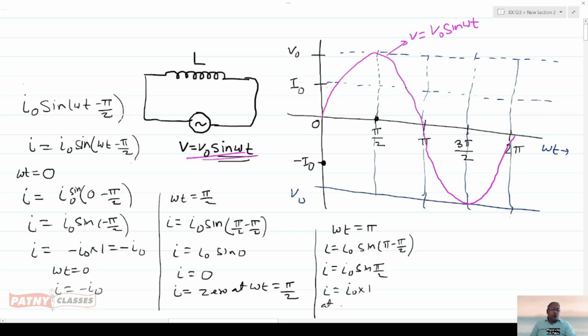Therefore, at omega t equals pi, the I value is I naught. So I naught is here. Now we will join these points like this. And after that, the fourth case,